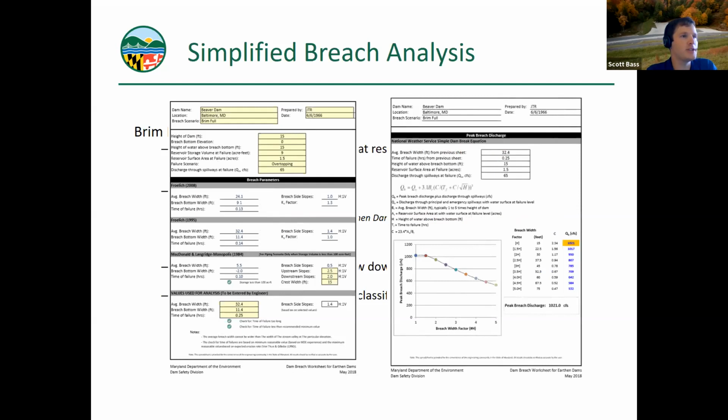Here's an example of the spreadsheet. Again, this is on our website at the link that Karen has provided in the chat. You fill in the height of the dam, and this is where it differs from Pond Code 378. This actually accounts for the storage volume behind the dam. So you can imagine Pond Code 378 makes no distinction between a 1 acre-foot storage volume with an 8-foot dam and 100 acre-feet storage volume behind an 8-foot dam. You can imagine there's a significant difference if either of those breached.